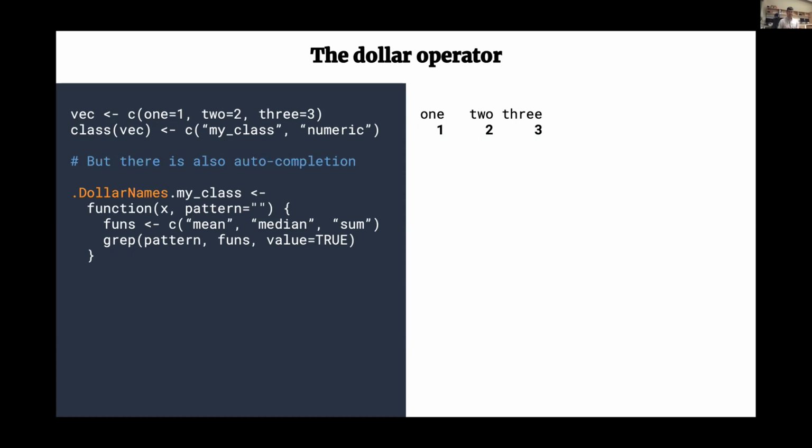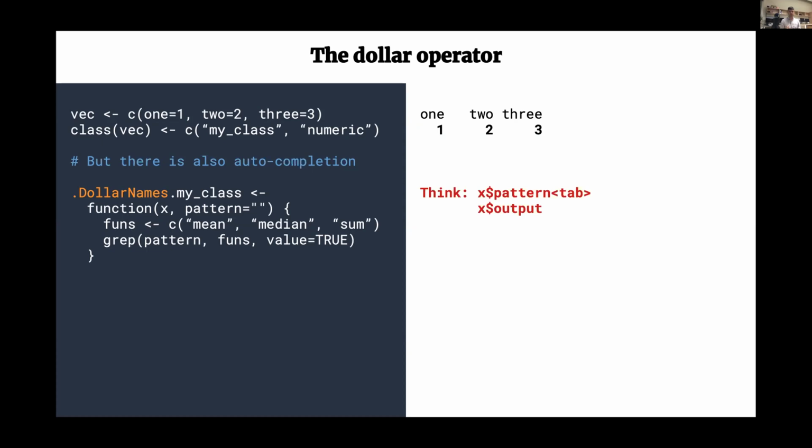And here R has this second generic function, which might be useful, which is called dollar names. Basically, you can think about it like this. You have X, an object, you type the dollar operator and start typing a pattern, and then you press the tab key. What it does is it passes X and pattern into this function, and whatever this function returns then replaces the pattern. So here, just as a simple example, if you look at the body of this function, we